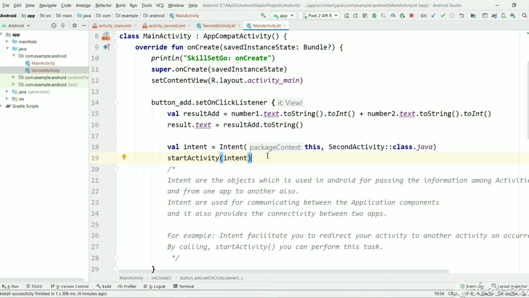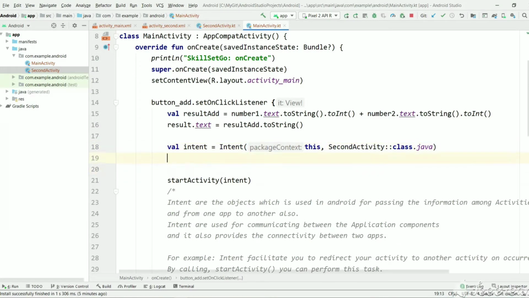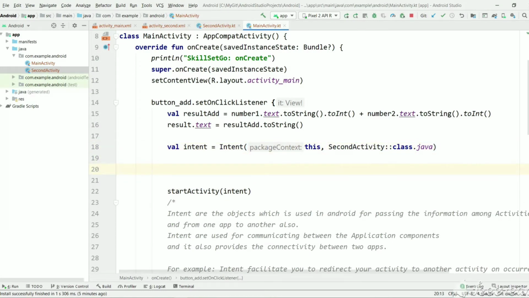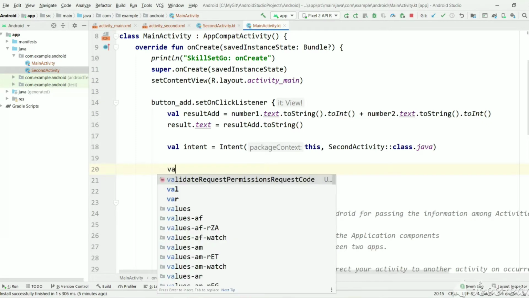So now we will see how to pass the arguments or any parameters to the activity we are starting, or the screen we are redirecting to. This is the intent object we used to start the activity. We are binding this intent with the activity class. Now for having the arguments or parameters we need to pass to the new activity, we need to have a bundle object.